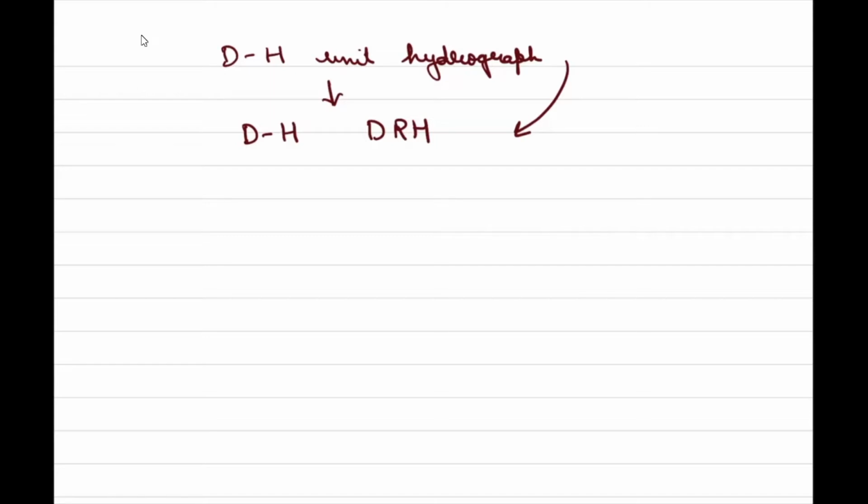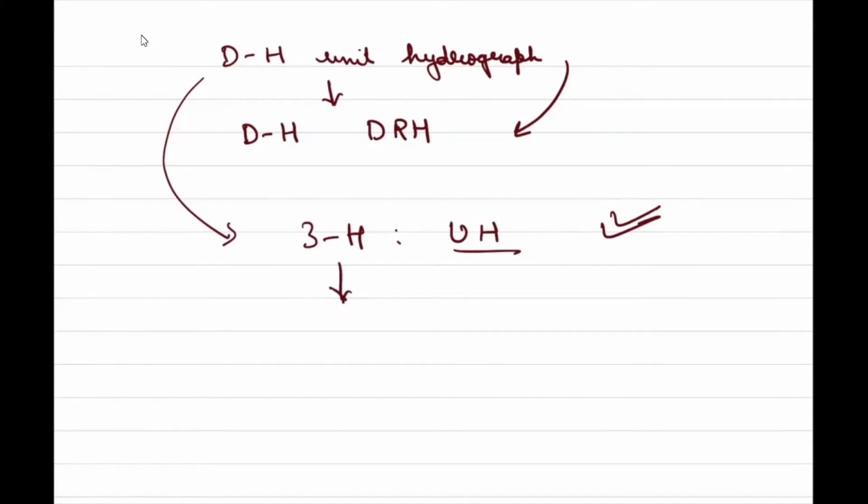But the problem is something else that we encounter in the field. You have the information about the D-hour unit hydrograph. That means if a storm happened for 3 hours, you know the ordinates of your unit hydrograph. There is no problem at all. But on site, your storm is going to change its duration. It may be of 3 hours, it may be of 6 hours, it may be of 9 hours, it may be of 1 hour, and its magnitude will also change.